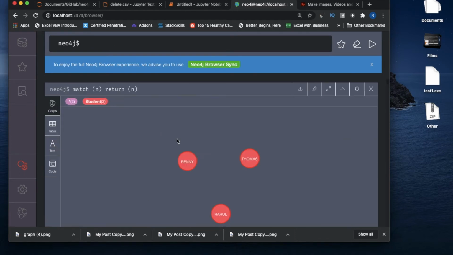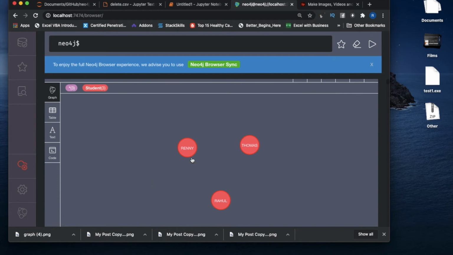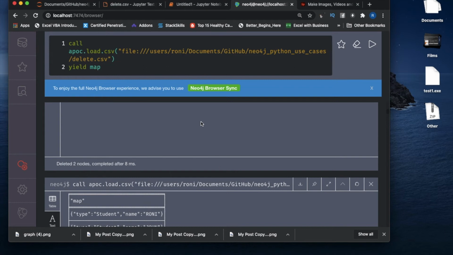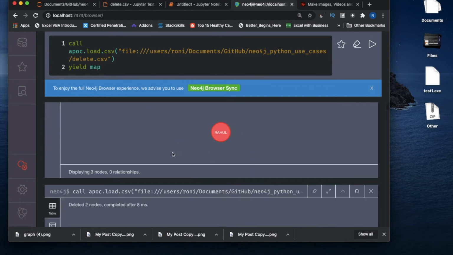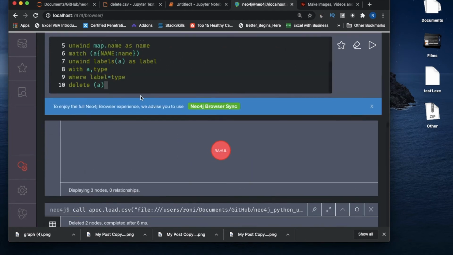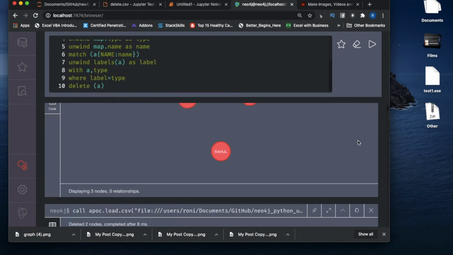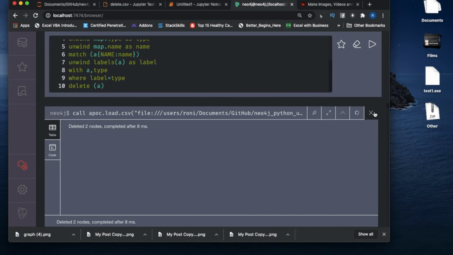Graph, see, Ronnie and John is not there, Rene, Thomas and Rahul came. So this is actually very easy to understand. So I believe you guys understood this thing. Let me remove everything, then we can